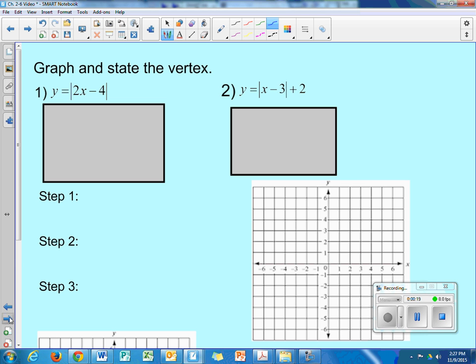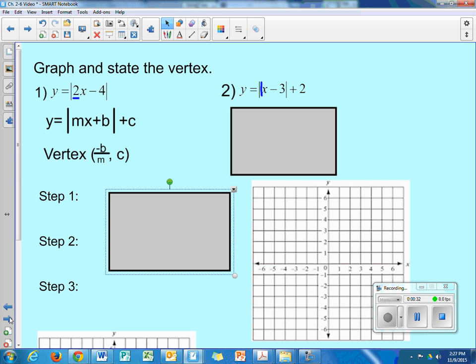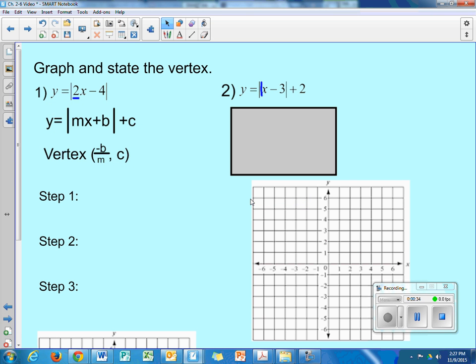Now that you have attempted it yourself, hopefully you understand the key difference here. Notice that in front of the x there's a 1, but in front of the x over here there is a 2. In that case, you need to understand that we would be applying this one here. So step 1, you're going to be labeling: B is -4, and lastly C would be 0. Step 2, you would go ahead and find the vertex,